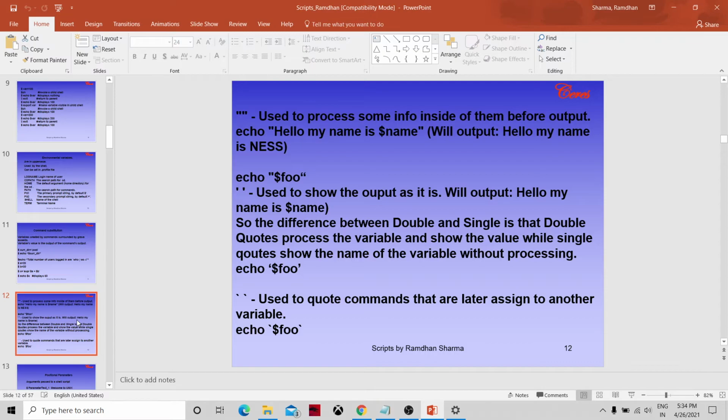The difference is that double quotes process the variable and show its value, while single quotes show the name of the variable without processing. If you are using single quotes, it won't translate into the exact value of the variable. Grave accents are used to quote commands that are later assigned to another variable.